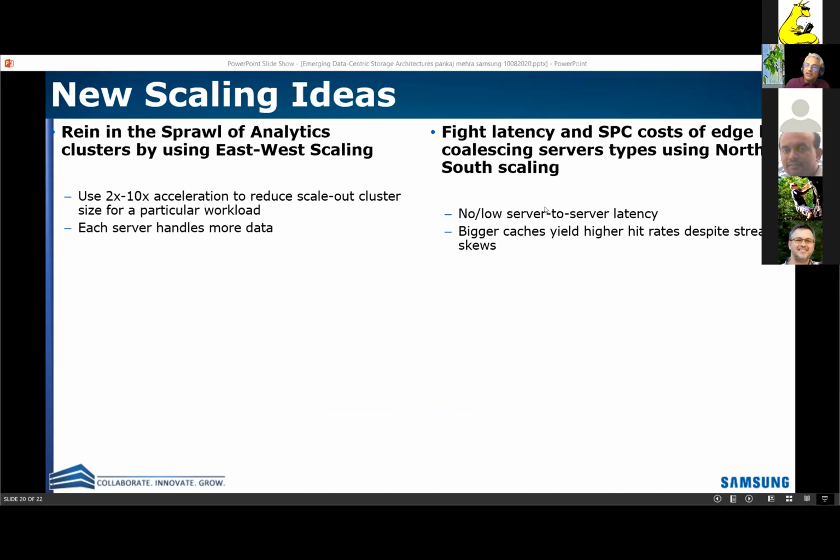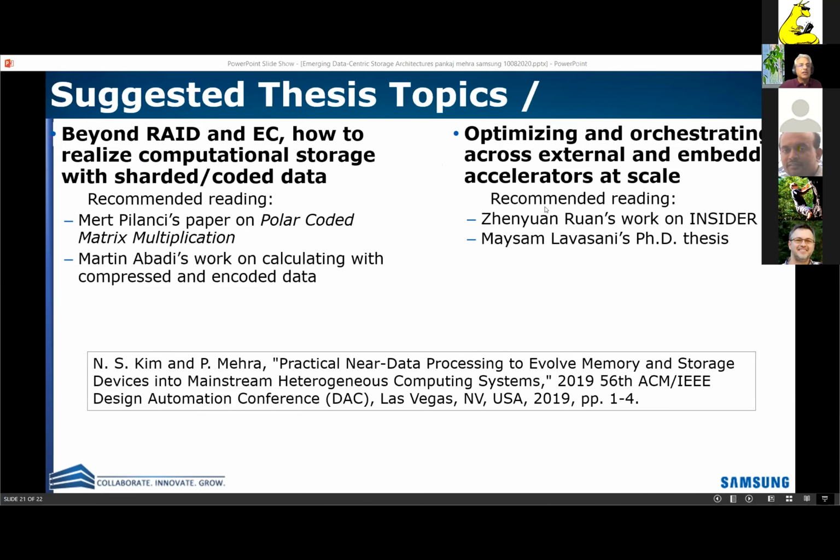So instead of having separate servers to do transcoding and object detection and this kind of media operation, you can use a single Smart SSD-based server to collapse the work of many server types into one. This reduces server-to-server latency, which is a key element of even live streaming today. So believe it or not, a storage technology like Smart SSD actually has a place in both improving real-time and offline operations through this idea of north-south scaling.